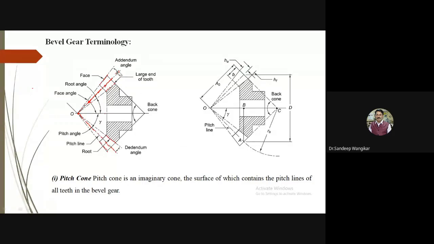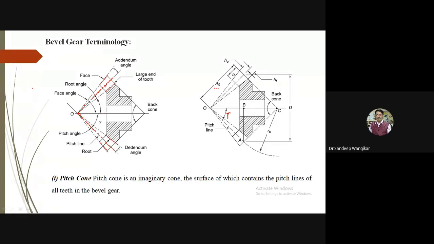Okay. So now you can see clearly all the angles, and in the second diagram also, if you refer, some more terms are shown here. So I have already given you what is the pitch angle. So here the pitch angle gamma is mentioned. Apart from this, A naught, the cone distance, is mentioned.